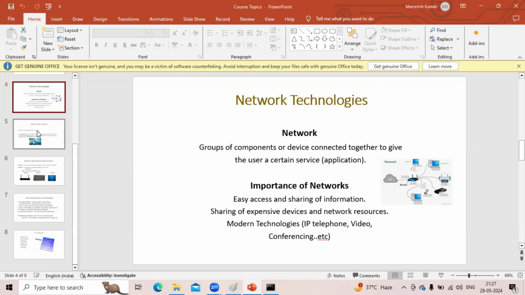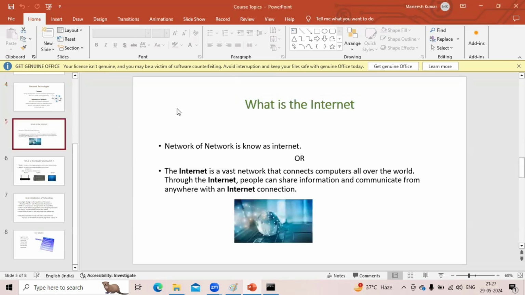Then, what is the network, what is the internet? A network of networks is known as the internet. The internet is a vast network that connects components all over the world. Through the internet, people can share information and communicate from anywhere with internet connectivity.